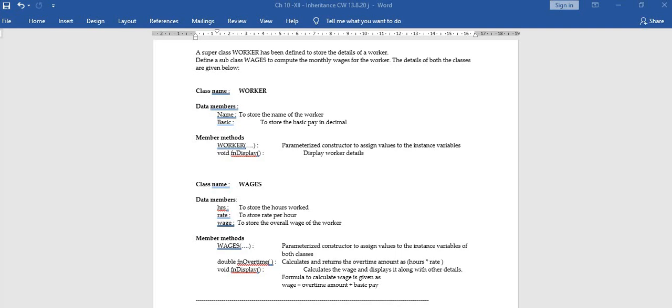Hello. Let us look at one more program on inheritance. This time, the work is given in a very specific manner. There is a superclass, there is a subclass. These are the data of the superclass, these are the member methods, and these are the data of the subclass, and these are the member methods. And the calculation is also given so simply: calculate one data's value in the code using the other two.